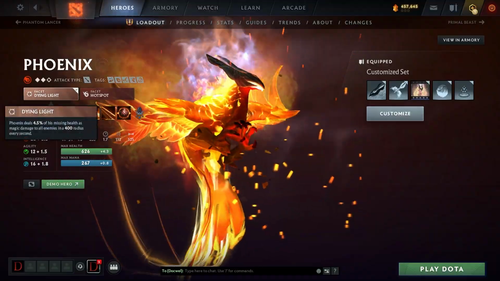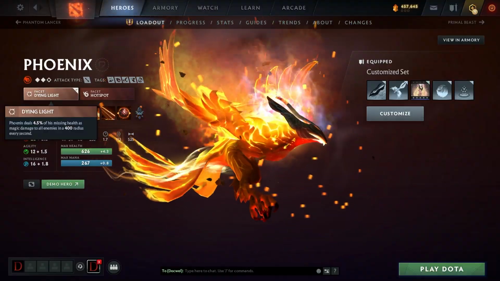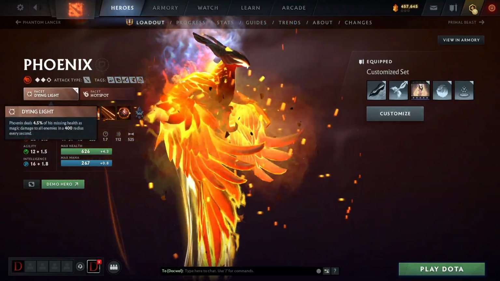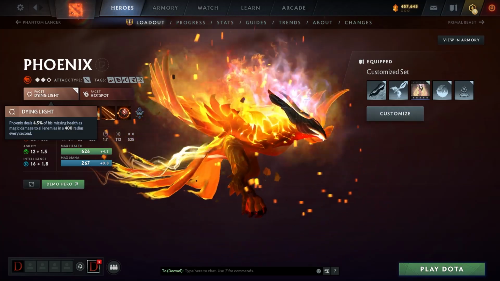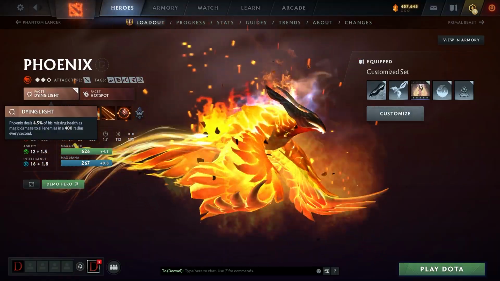Then for facets, we have Dying Light, and this is a mini radiance around your hero that does damage, percentage-based damage, based on the HP that you're missing. And so because a lot of these abilities take HP, you're going to be doing a ton of damage with this facet, but it is a little bit more of a core facet. It's good for farming. It's good when people try to fight into you. So it generally is just an overall damage facet,